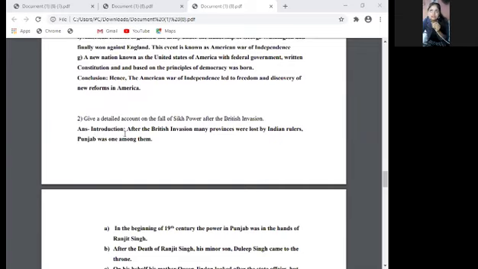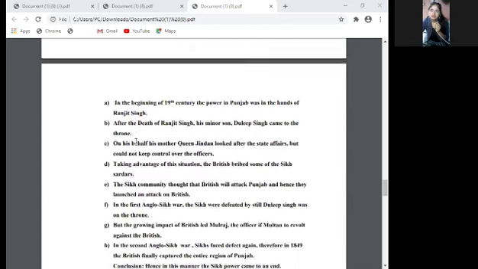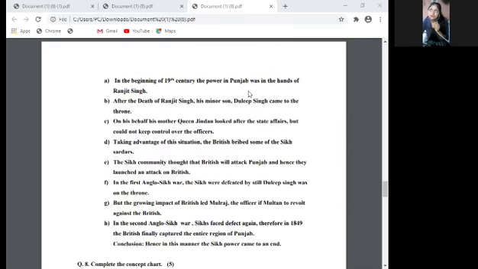The second answer is introduction. After the British invasion, many provinces were lost by Indian rulers. Punjab was one among them. In the beginning of 19th century, the power in Punjab was in the hands of Ranjit Singh. On his behalf, his mother Queen Jindal looked after the